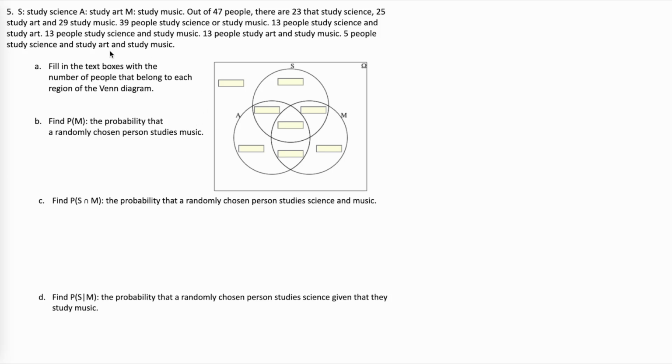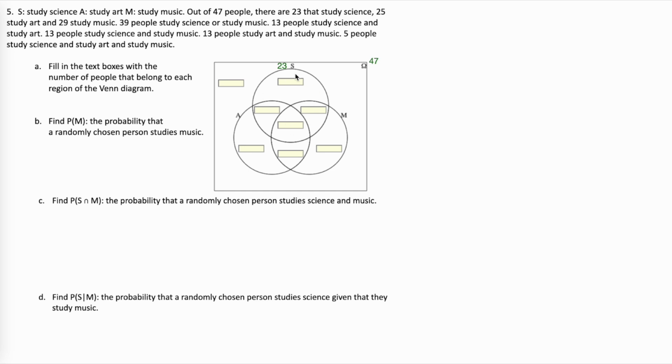Question number 5, in the Venn diagram, we have S are the people that study science, A are the people that study art, M are the people that study music. Out of 47 people, there are 23 that study science. I'm going to put a little 47 up here to remind me that everything inside this little universe is 47. 23 that study science. I'm going to put a little 23 beside the S to remind me that everything in